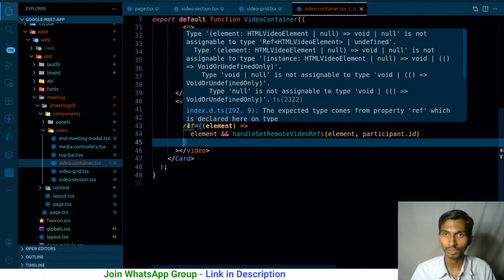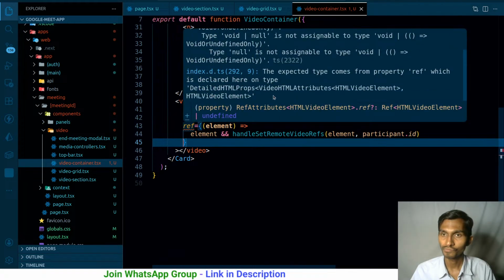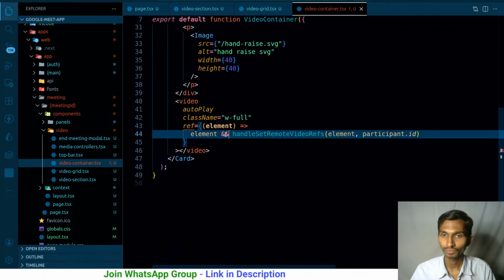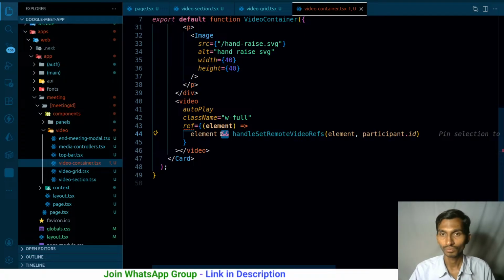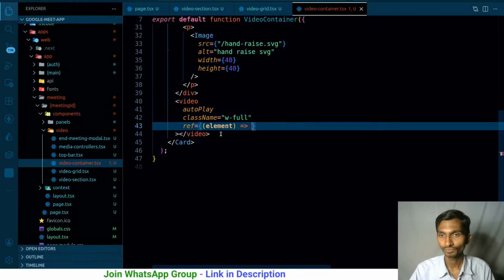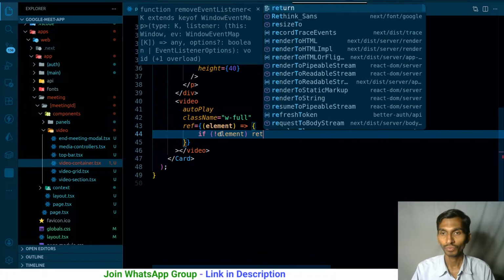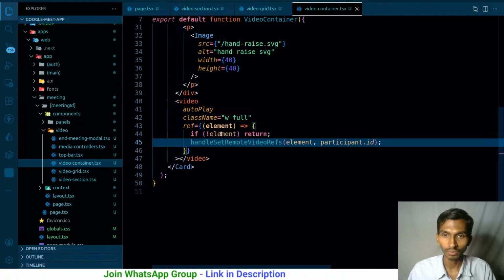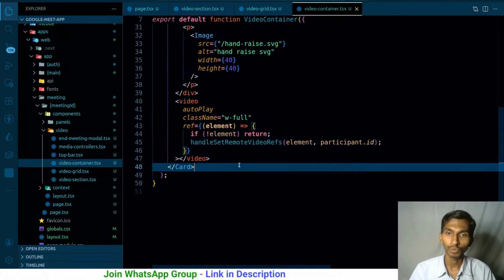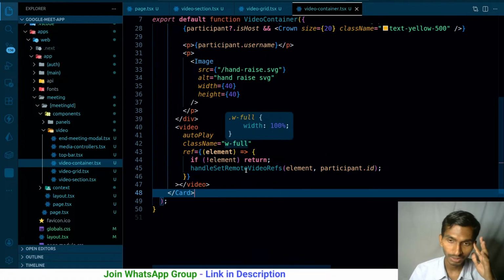This is not gonna be working fine. Okay, if element does not exist, I will be returning from here. If element exists, I will be doing this. So ultimately this is what I'm doing, but this is all about the element section.